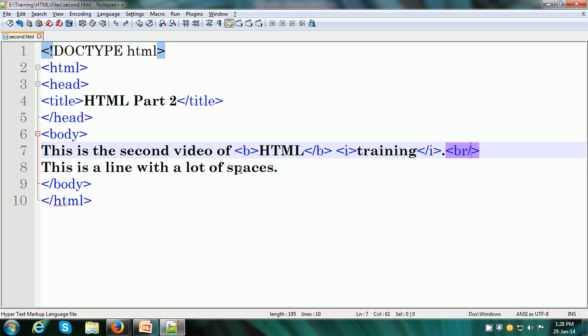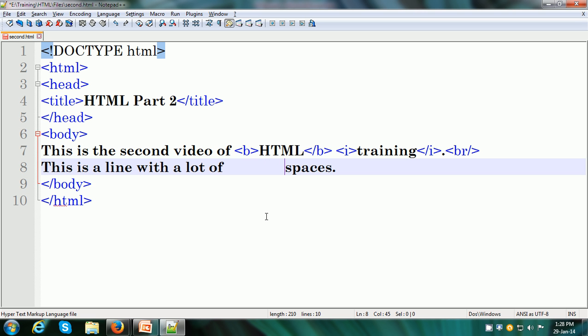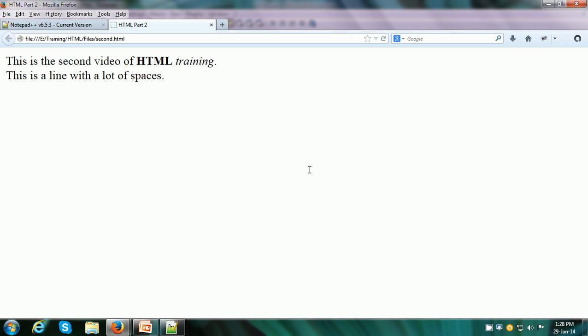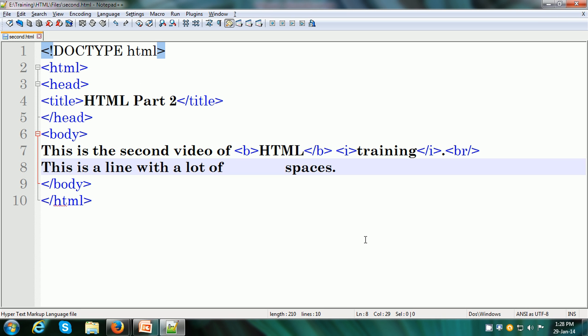So let us implement some spaces over here to show you the problem. I have put a lot of spaces here between "off" and "spaces", saved the document, and refreshed the web page, but still there is a single space between "off" and "spaces". So now we will use the HTML entity. The HTML entity for a space is NBSP.